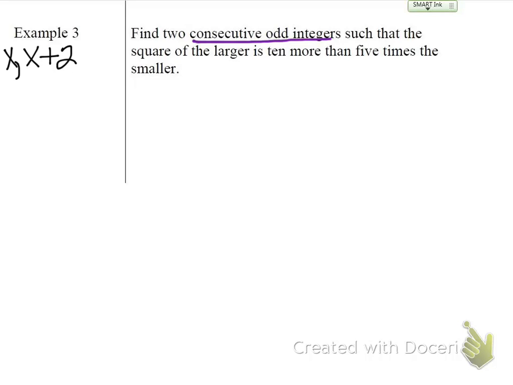Okay? So your x, consecutive odd and consecutive even, they're the same. It's the starting point, x, that makes the difference. But if you're starting at an odd, to get to the next odd, you have to skip the even. So you're only adding 2 each time. All right, so let's write this as an equation. The square of the larger. Of these two, x and x plus 2, which one is bigger? X plus 2. So this is going to be x plus 2 squared